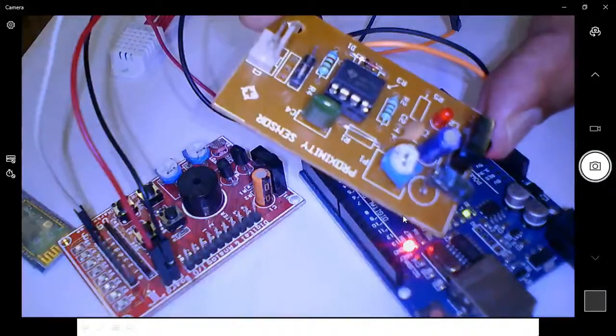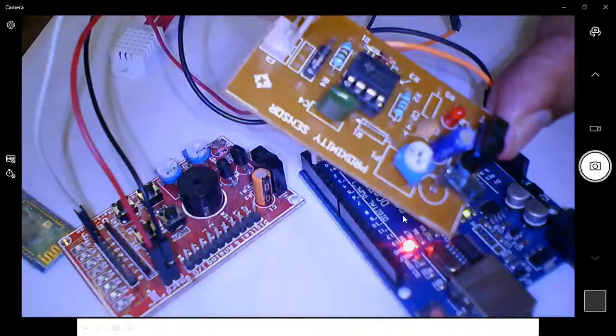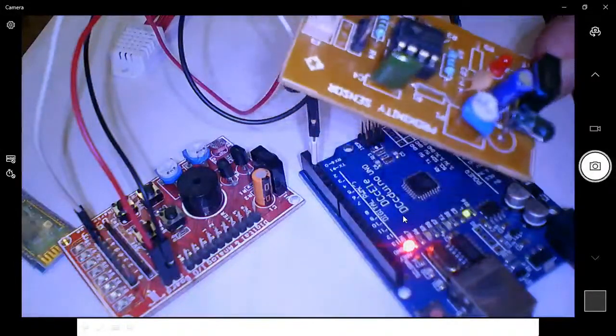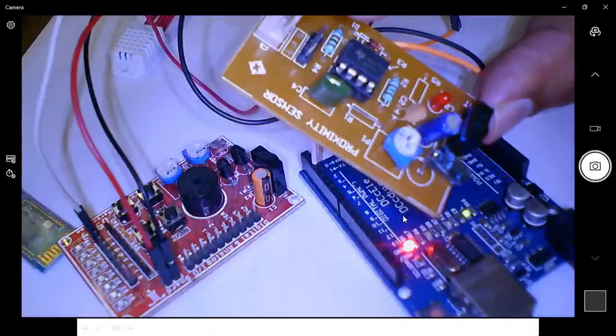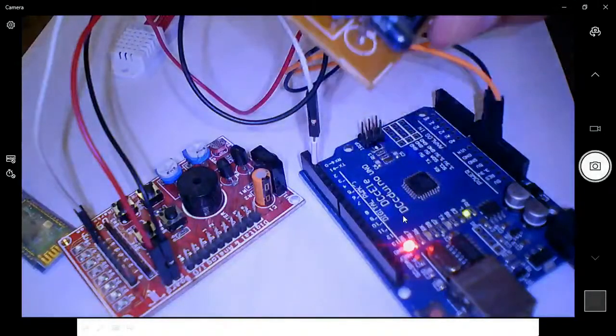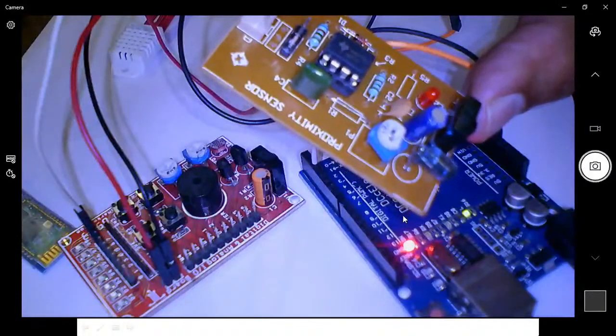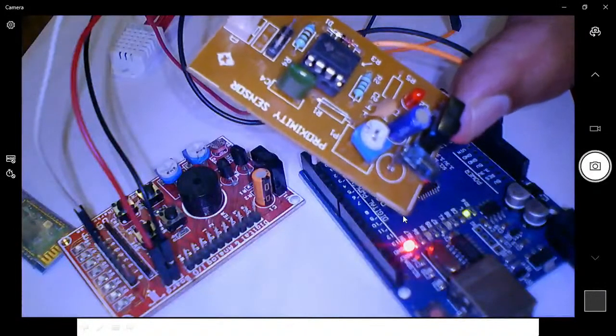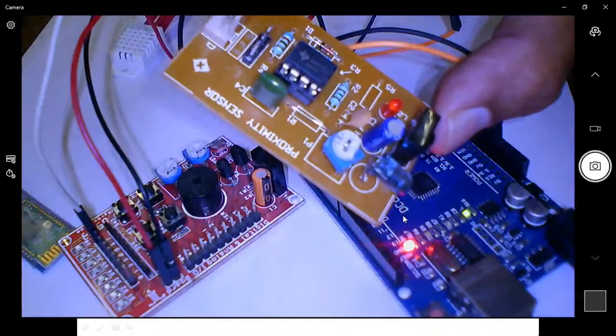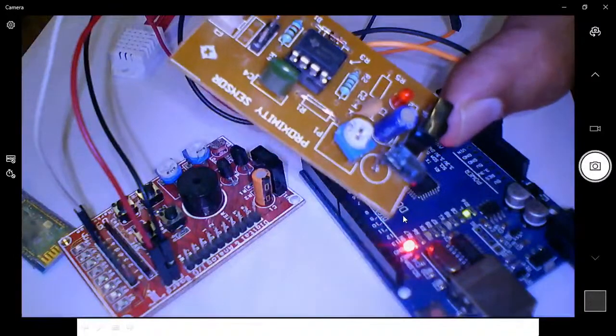Whenever some object is near to this IR sensor, it will sense it and produce an output signal. So this is also providing a signal to the microcontroller, and to read the signal from this sensor you have to initialize your port pin as an input port pin.